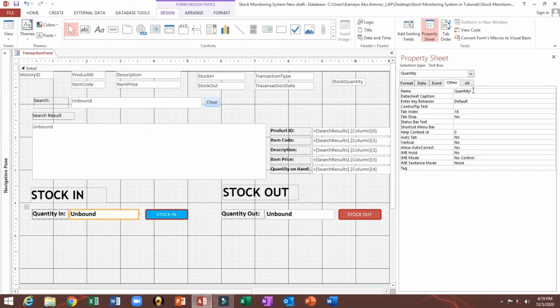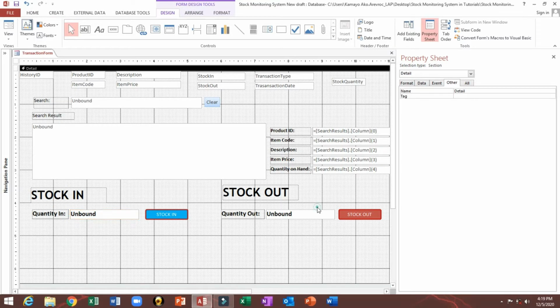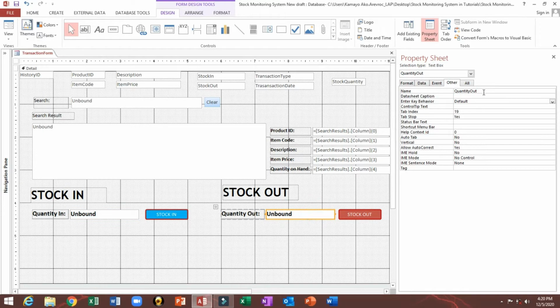This is very important, quantity in, and here quantity out. Again, I will change to txt stock in, and this one also I will rename txt stock out,